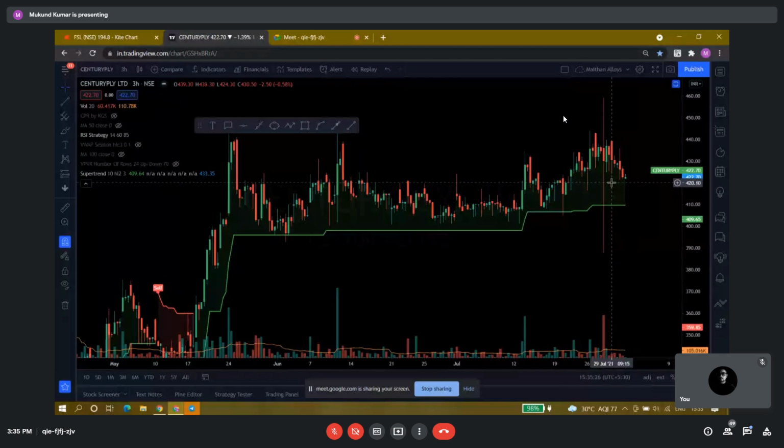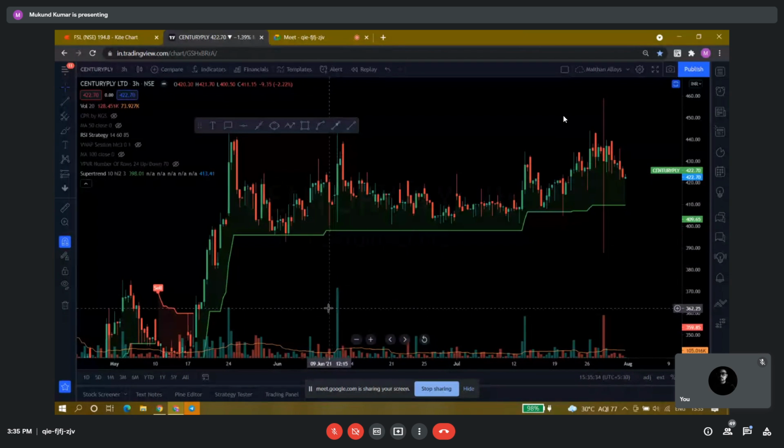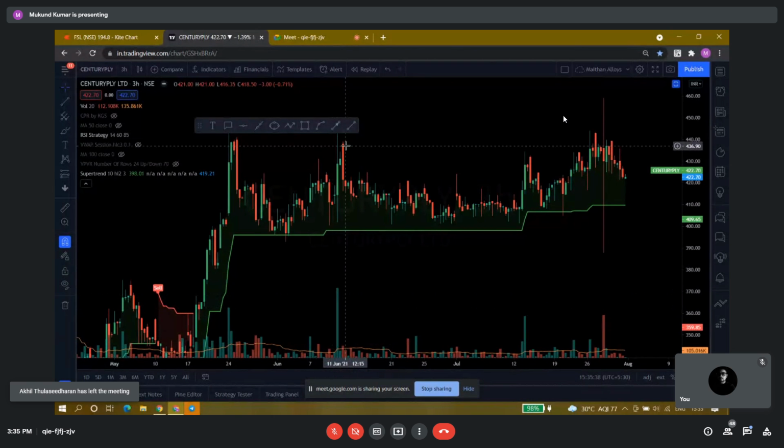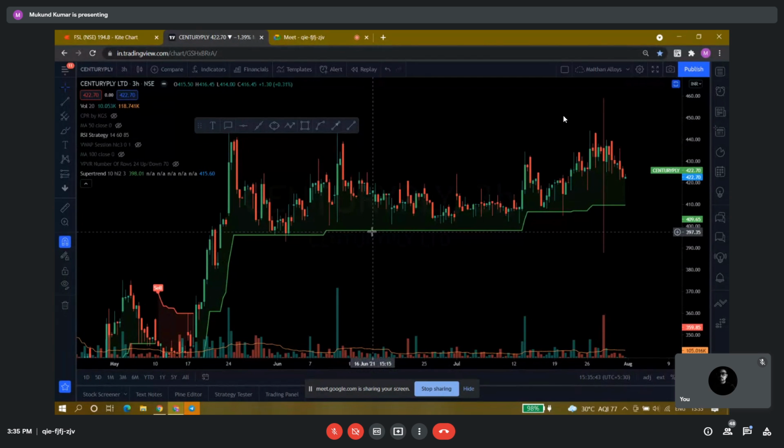Then let's say I bought it on the 12th, just before the big green candle, and our target was somewhere around 430. We met our first target, and after that you asked us to follow the SuperTrend as a stop loss. So what I can see is that my stop loss has not been hit, even though the price has moved below my first target. So I am supposed to hold it patiently, right? Patiently, obviously.